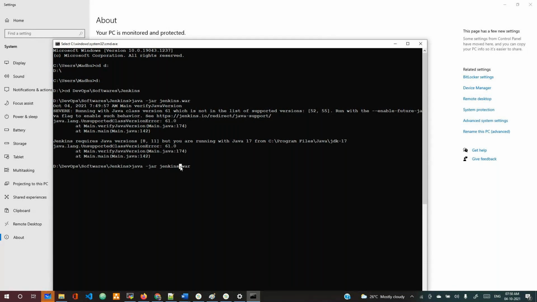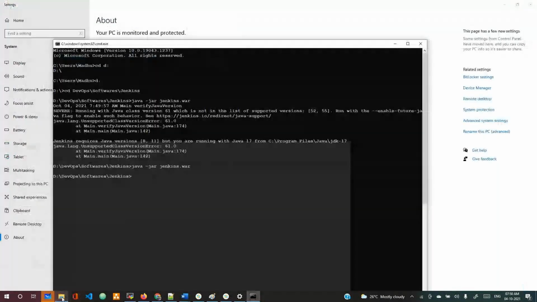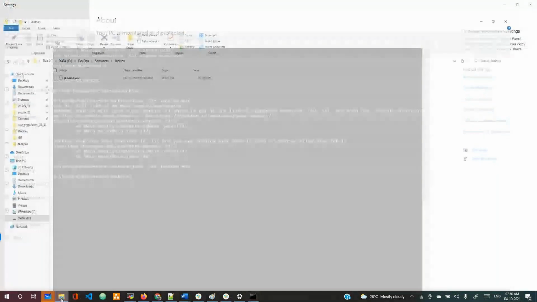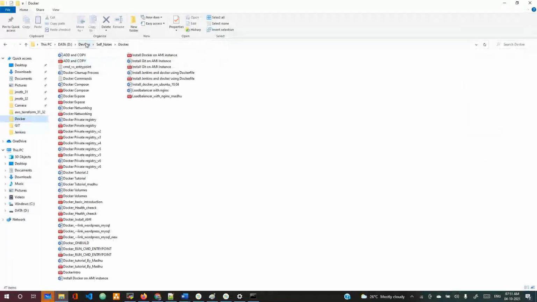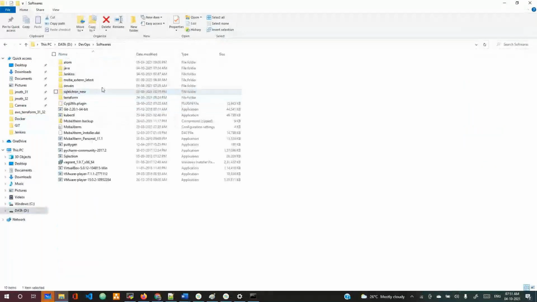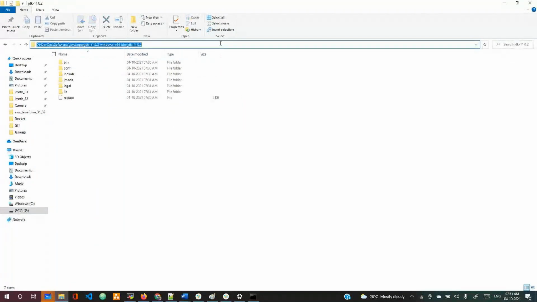In this case, what you need to do is set up the Java 11 we downloaded, right? Then go to the DevOps software folder and the Java folder, here OpenJDK. Now JDK 11, this is the home. This entire path is the home. Copy this home